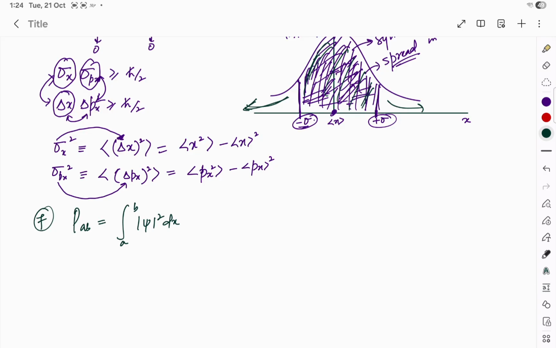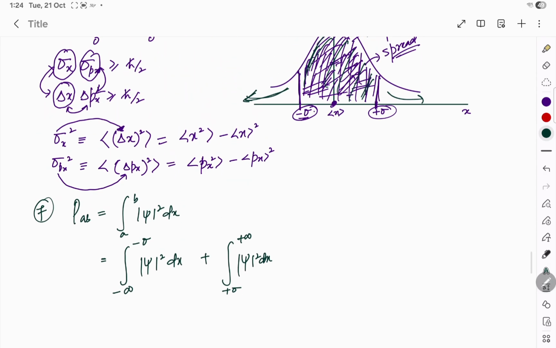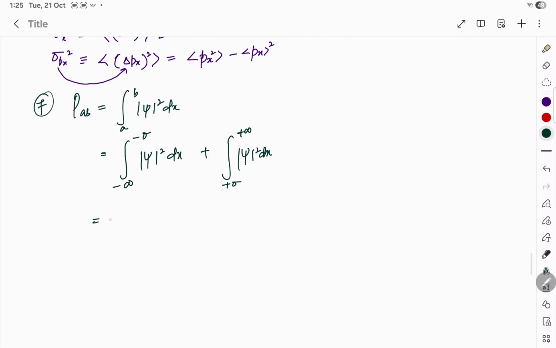Now here we have two important things. What we have to calculate is the probability from minus infinity to minus sigma of psi square dx, plus the integral from plus sigma to plus infinity of psi square dx. But since we know this is symmetric, the probability here would be equal to the probability here. There is no problem in doing that. So we can write it as 2 times